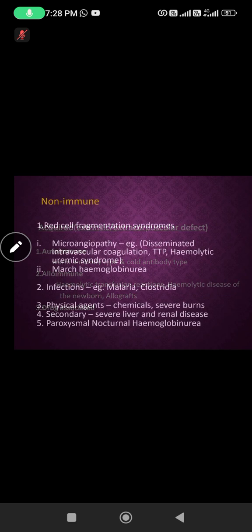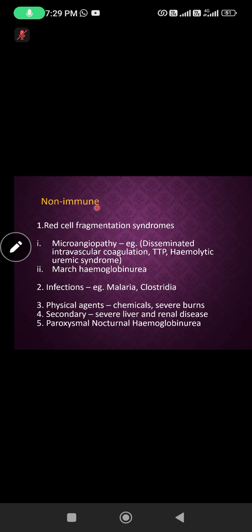Certain antibiotics, including dapsone, can cause hemolytic anemia. So those are acquired conditions. So okay, now you know what are the inherited and acquired conditions. And then we have non-immune